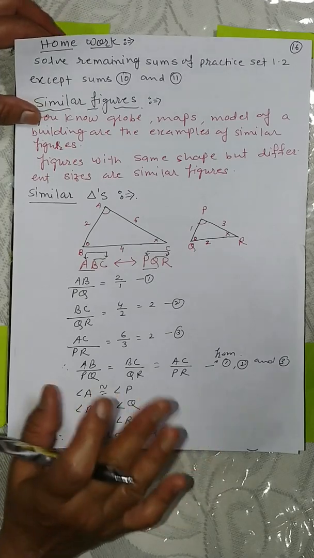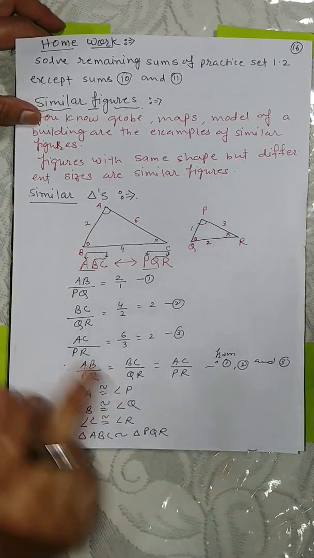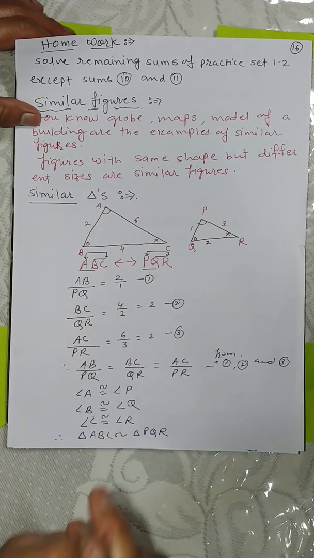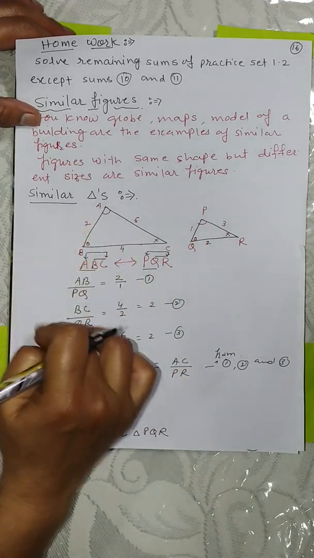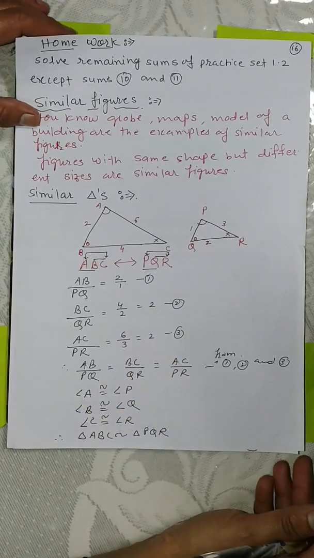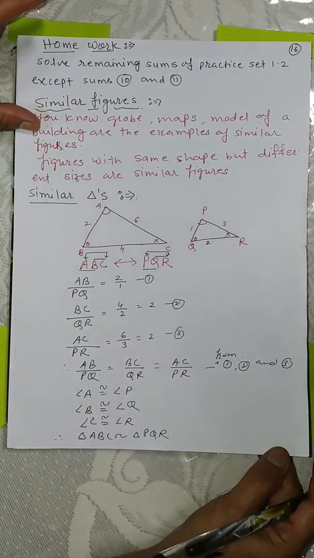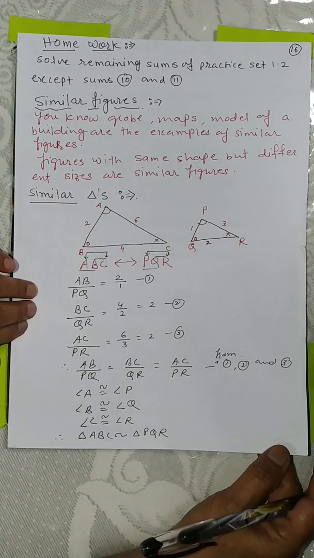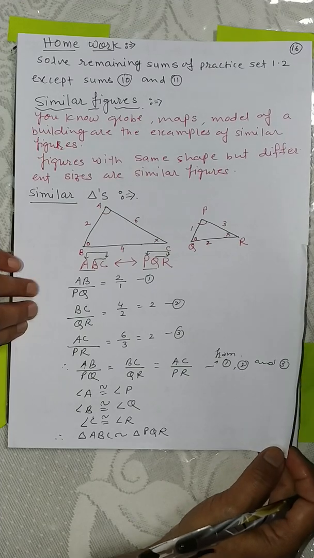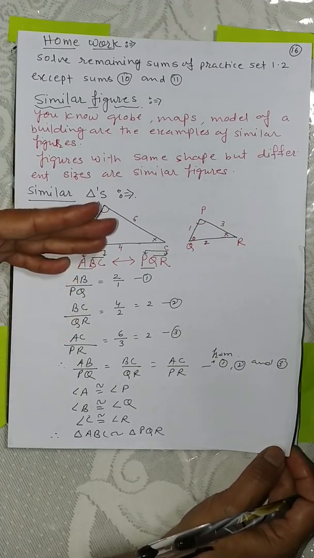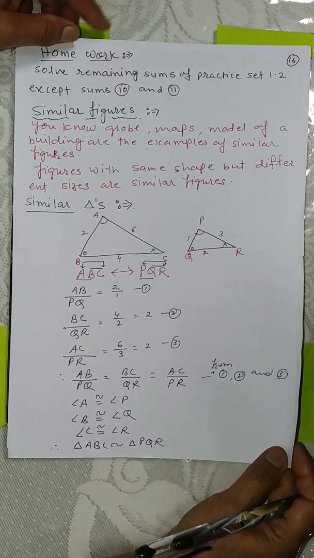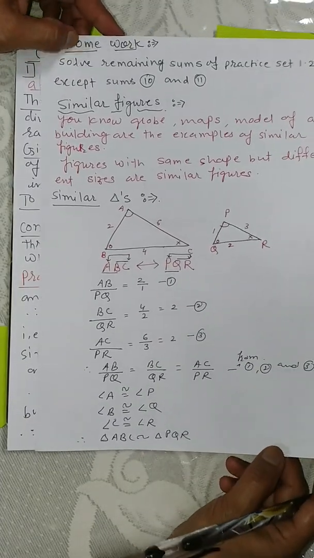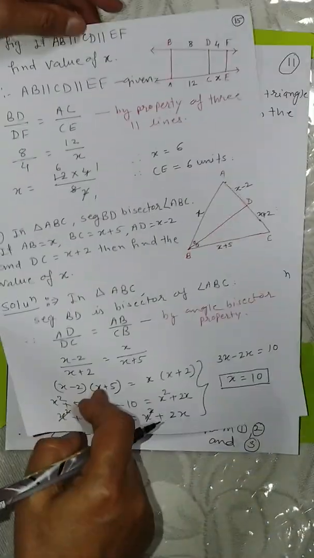Now for the similarity of two triangles, we see that the 1-1 correspondence between the vertices is necessary. And here 3 sides and 3 angles are there. So these are the 6 conditions. Out of these 6 conditions, if any 3 conditions are fulfilled, then the two triangles are similar, and after that the remaining 3 conditions are automatically satisfied.